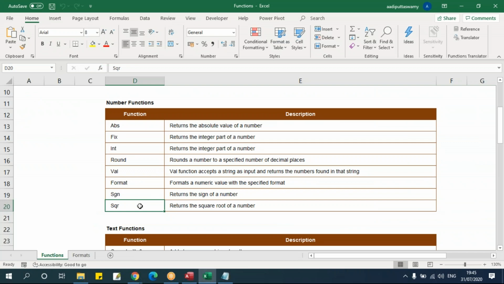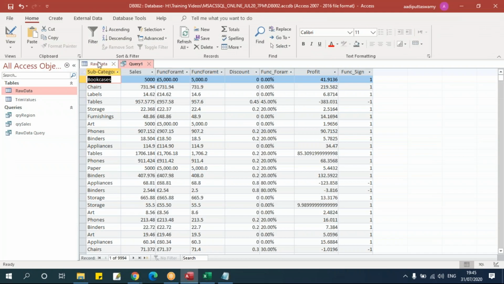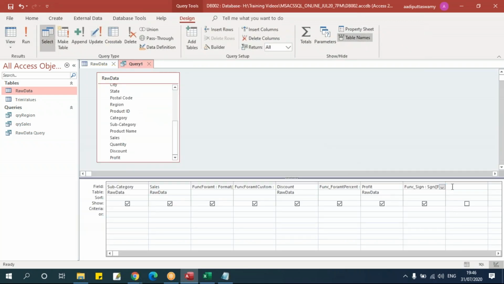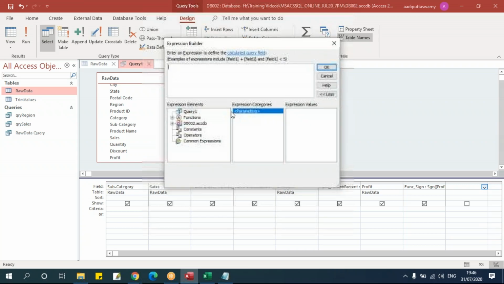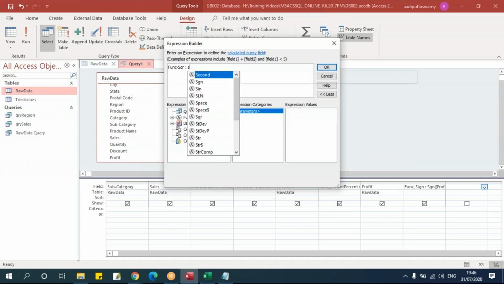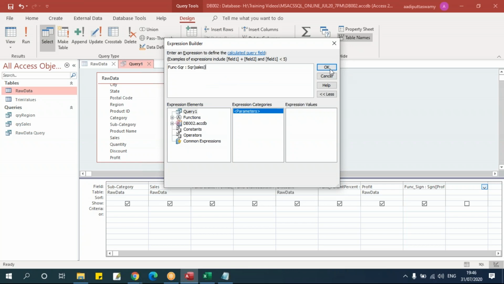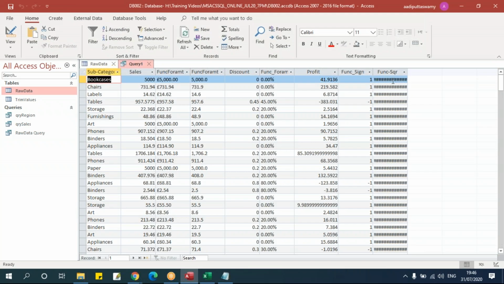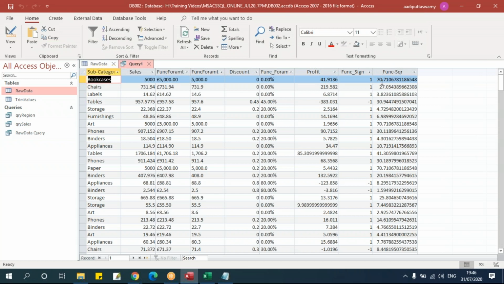Square root is to find the square root of a number. Let's go here, right click, say new. We'll take the square root of sales only. Build, function, SQR, just mention SQR. It will ask for a number. I'll mention sales. Close bracket. Say OK. Whatever column I mention, it will give me the square root of that particular value. If you want to apply the format on this to get only 2 decimals, you can apply the format we used here, and we can reduce the decimals as well.